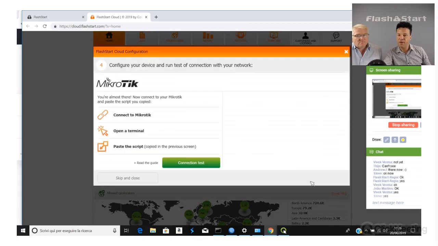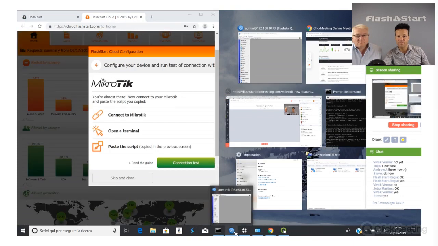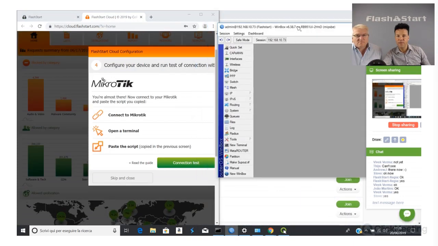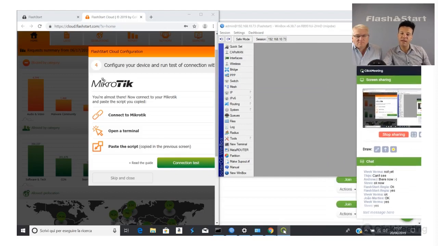Now let's follow the instructions. Connect to MikroTik. Let me split the screen into two columns. Can you see everything here? Could you please send me feedback if you can see correctly the Winbox dashboard? Good, thank you.